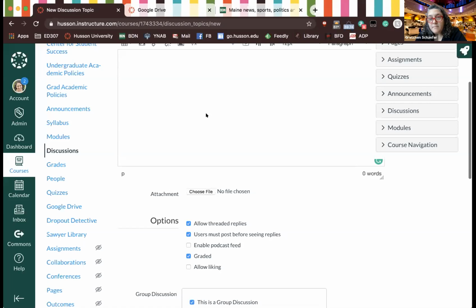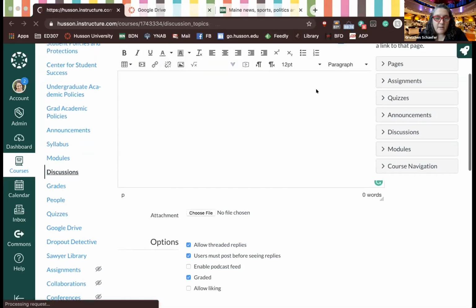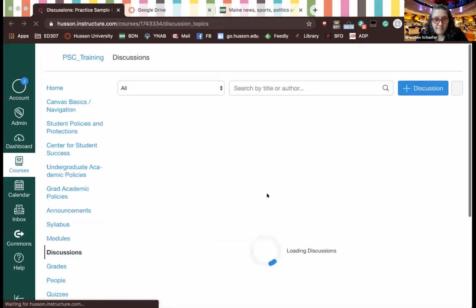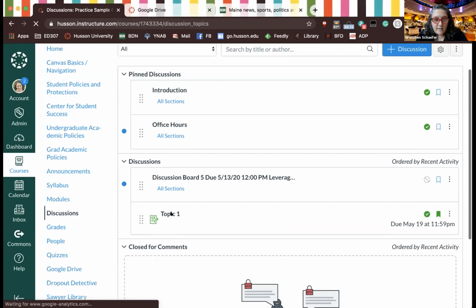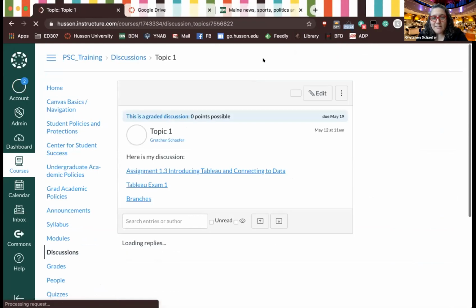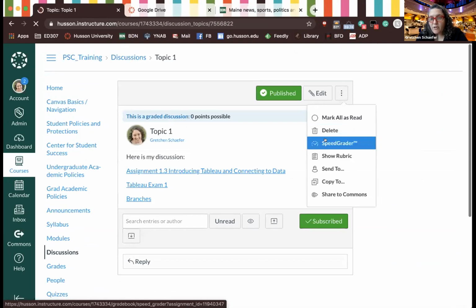Thanks. Gretchen, you said that we could track who was participating in a discussion using the SpeedGrader. Yep. And can you show us how to do that? Yep. When you make it graded, I think I have an example of one here already. Let me look. Let me open up the thing. This doesn't have any students in it, but this is a graded one. If I go to SpeedGrader,